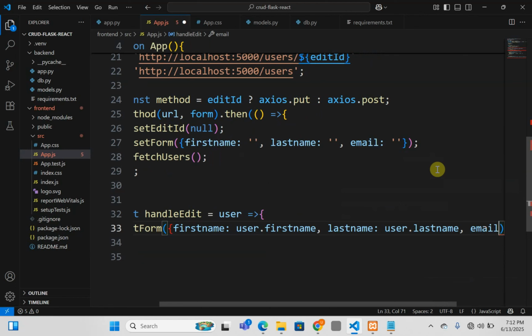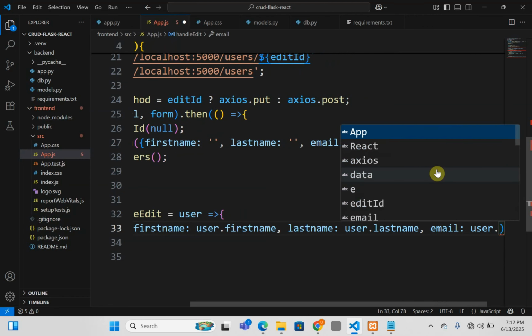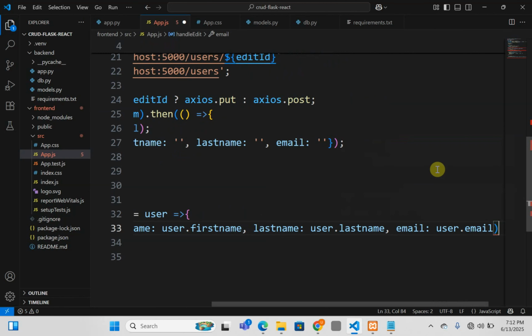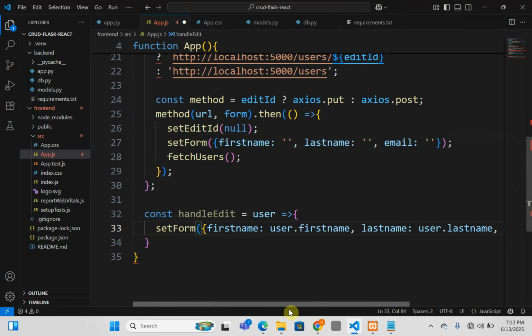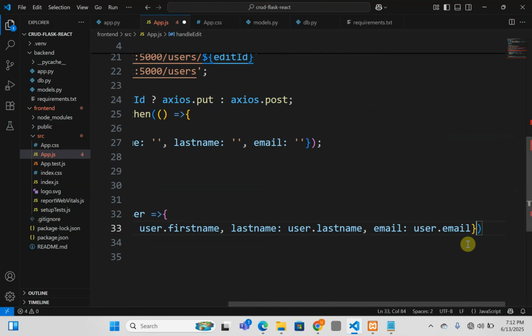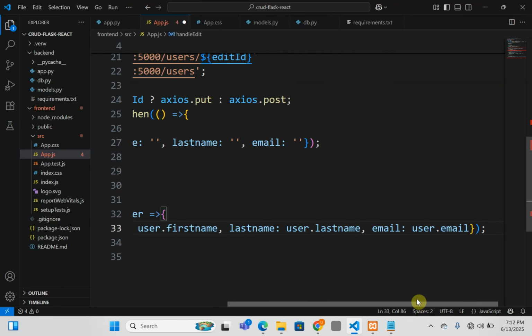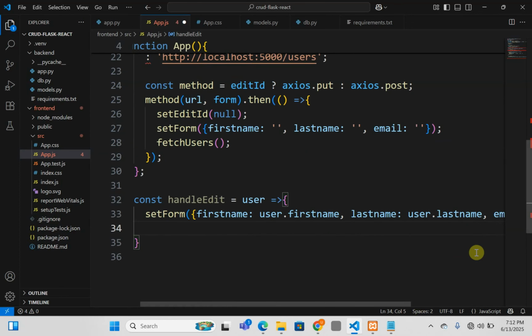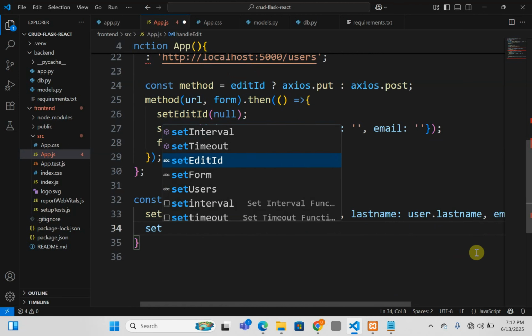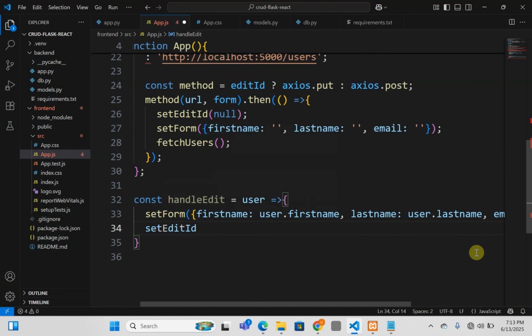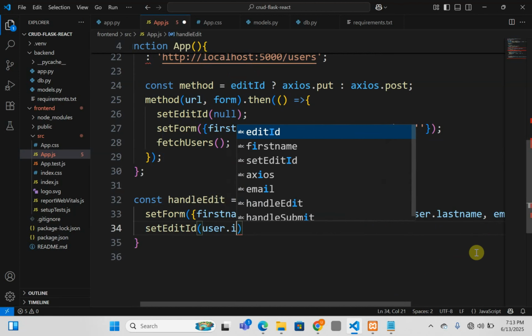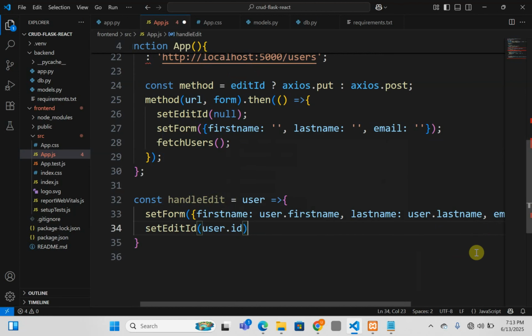Email is that email. What is this? Then set edit ID, the user.id. So after that,